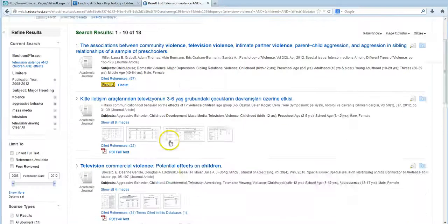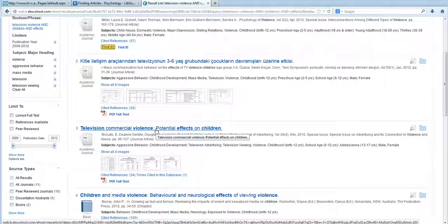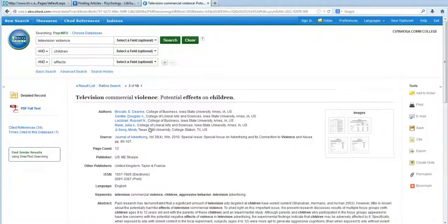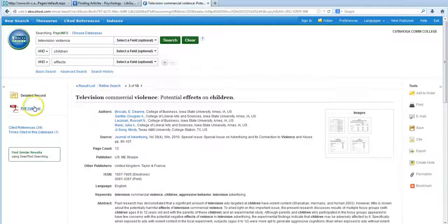Now, once you've located an article that you think you may want to use, it's a really good idea to click on the title of that article. This is going to take you to a page that includes the article's abstract. This is basically a summary of what the article talks about. So in a fraction of the time that it would take you to read this whole article, you could find out, number one, if the article talks about what its title implies, and number two, if it would be useful for your assignment. To read an article, you would either need to click on the PDF full text link, or